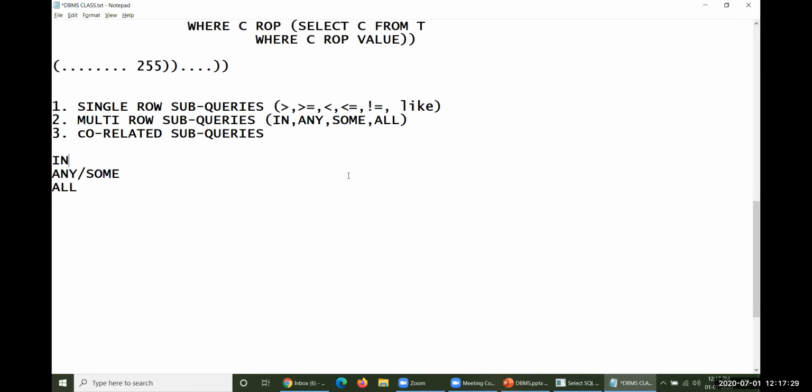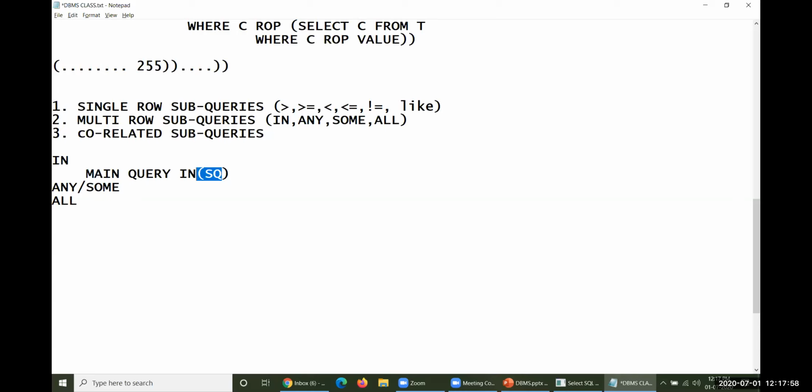So let me take each and every point in a separate way. Let me explain them. So normally we have been operating this particular IN operator in the previous sessions also. So the subquery will return to the main query, followed by a WHERE clause, and you have to take IN followed by the subquery. You may operate something like this.